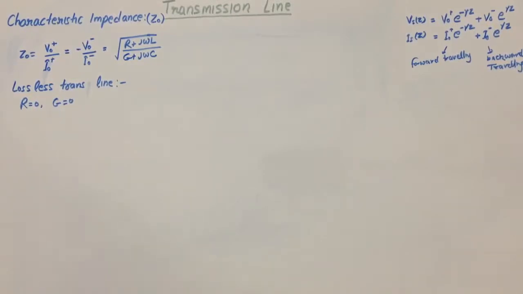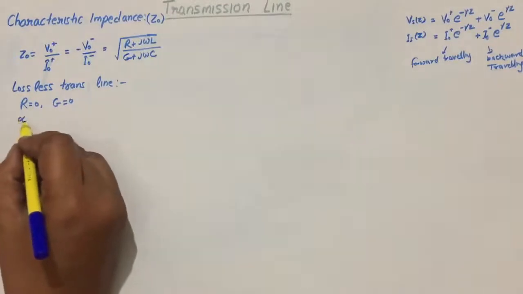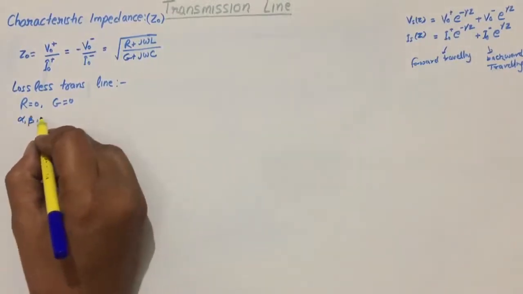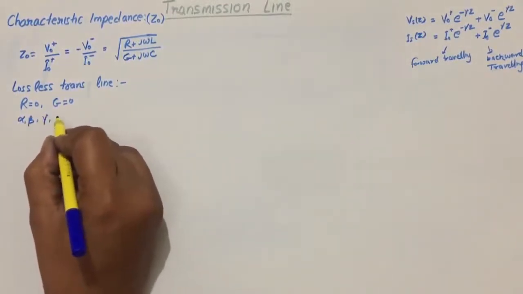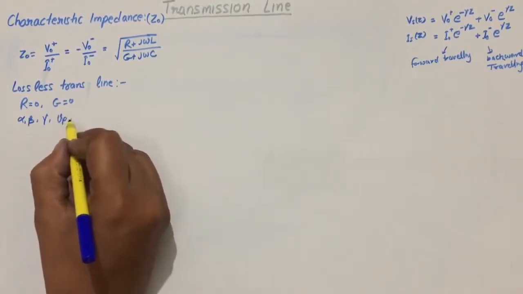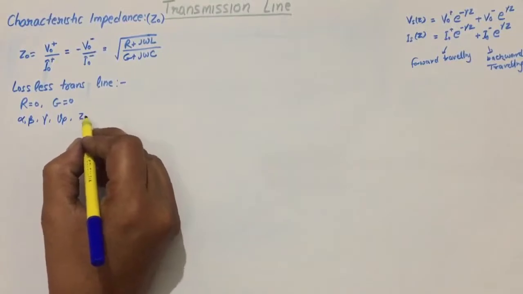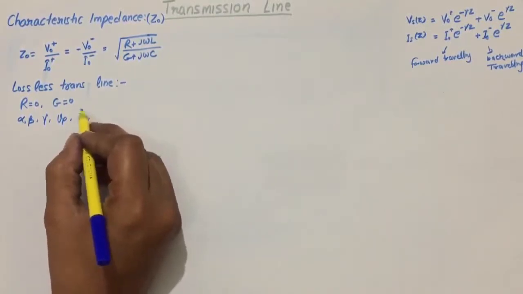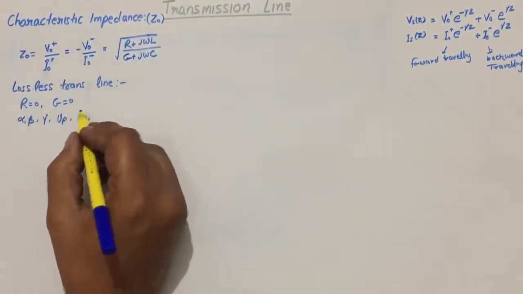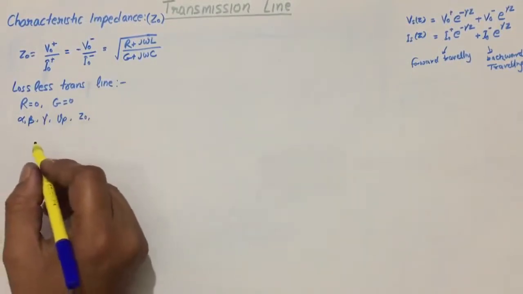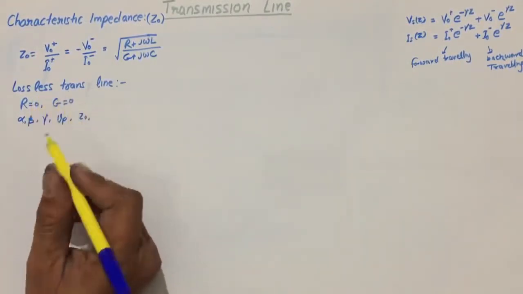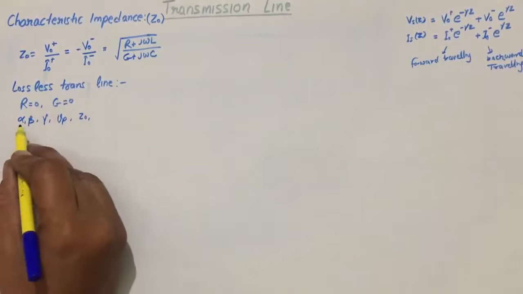That was alpha, beta, gamma, velocity, and intrinsic impedance. Here it is characteristic impedance. So we will try these parameters here once again for the lossless transmission line. So let us start from